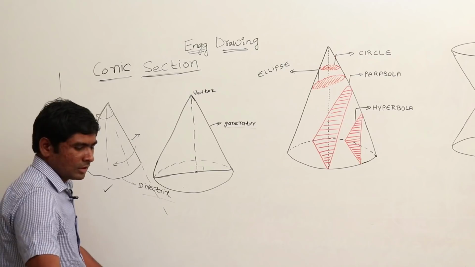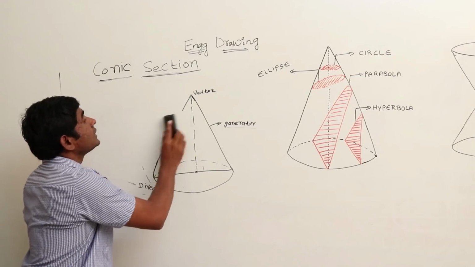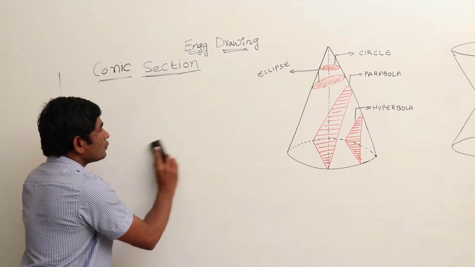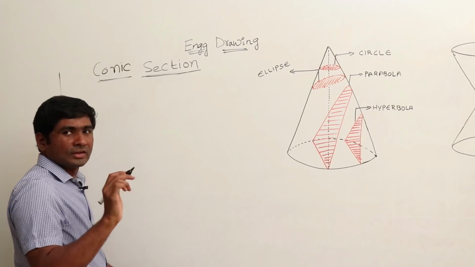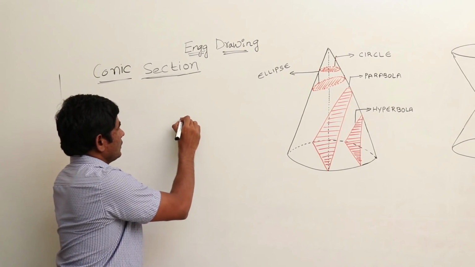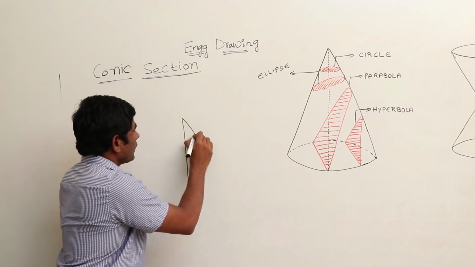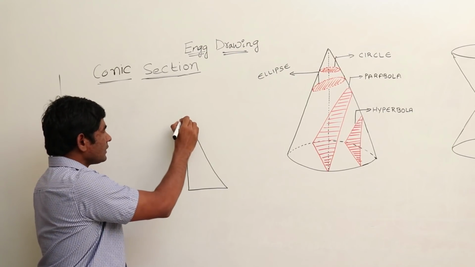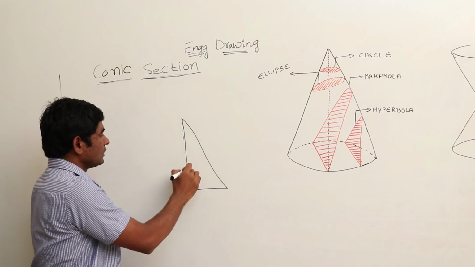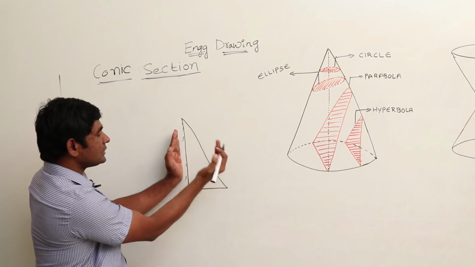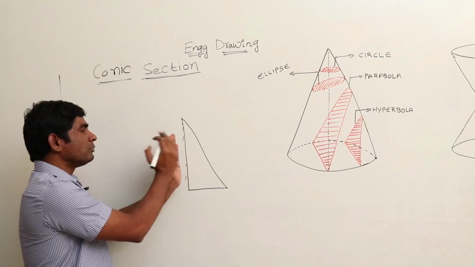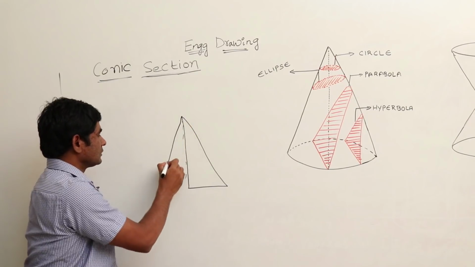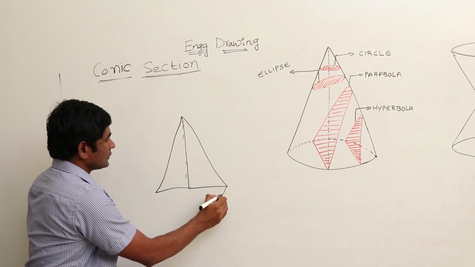But instead of this one, I can form the cone in another way, and in this case, which type of cone do we want? We want a right circular cone. So how to form a right circular cone? For the right circular cone, I will consider a right angle triangle like this, and I will fix this line and rotate this plane like this. By making 360 degrees, finally I will get a cone like this.